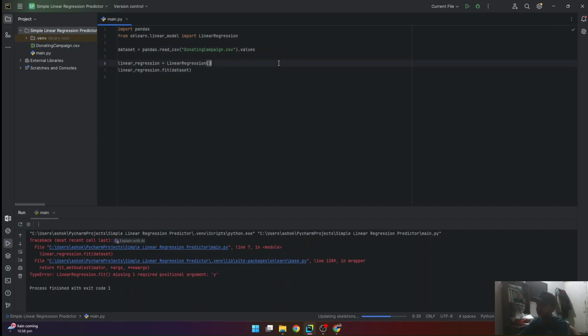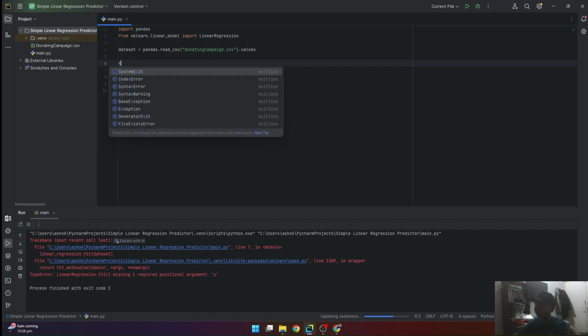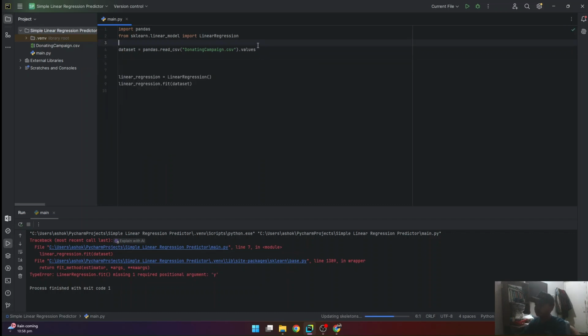Oh, I completely forgot the main step, which is to divide the data set into the dependent and the independent variable. What does this mean? So there's the independent variable through which we're predicting the value.